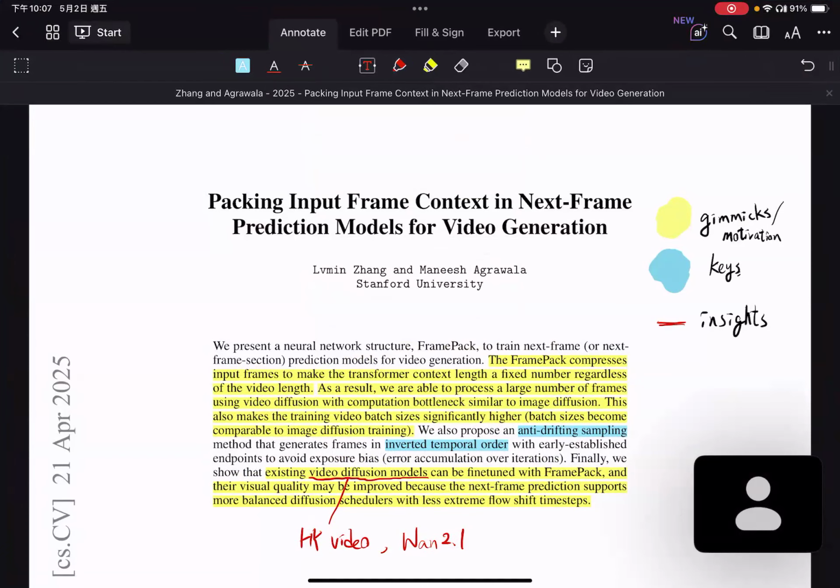Yeah, so this week we'll talk about the FramePack paper, which is from the legendary Levin, who invented ControlNet, IC Lights, and a lot of amazing works in computer graphics and vision. So this is his latest work. It's called FramePack,